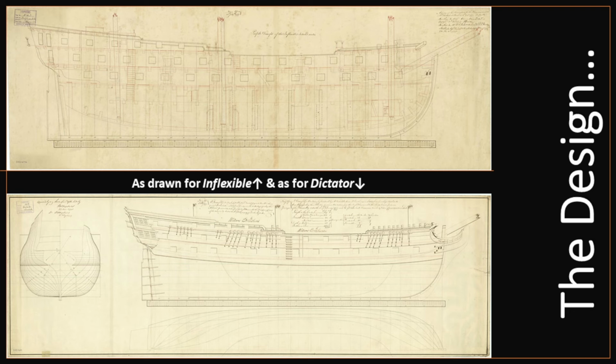Now, it's worthwhile also considering that they are roughly 1,380 to 1,420 tons burthen. Again, the depth of the hold was listed at some points as being 18 foot 10 inches, or 5.74 meters. But each one has slightly different sizes, and it's worthwhile noting that HMS Africa herself was 160 foot